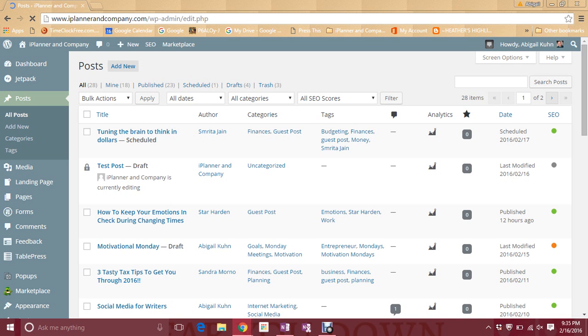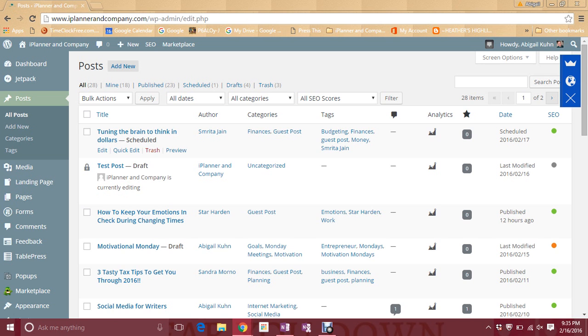If it was saved for pending, then I would be able to click on it, go in, do my spell check, make sure it has an image that can be pinned to Pinterest, and then do the SEO portion of it so that everything is ready to go. And then I also put in the categories and the tags on there, and that just helps people if they're looking for a specific